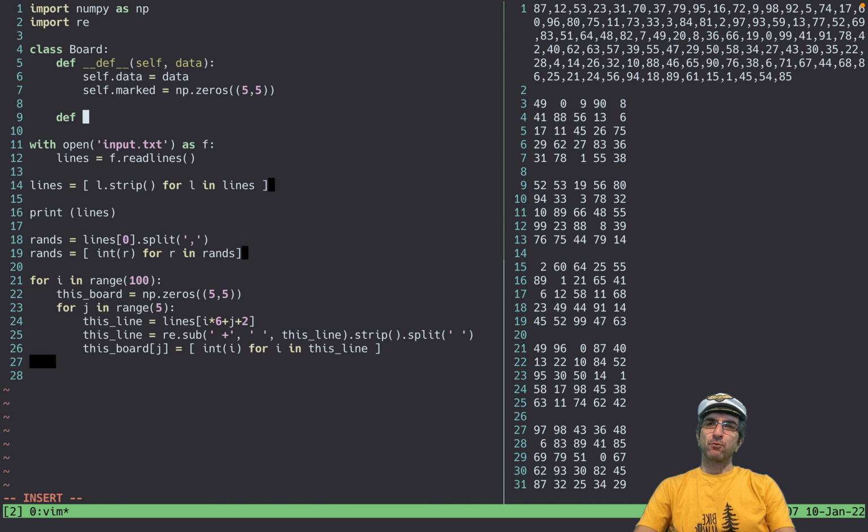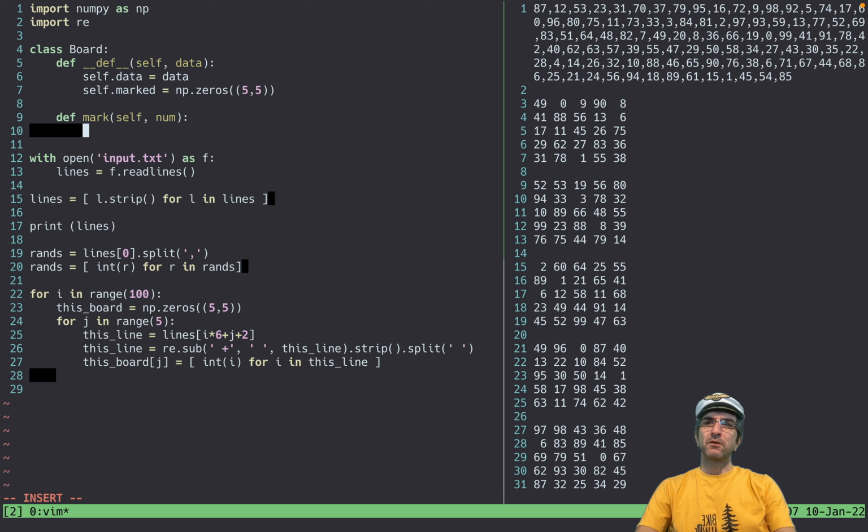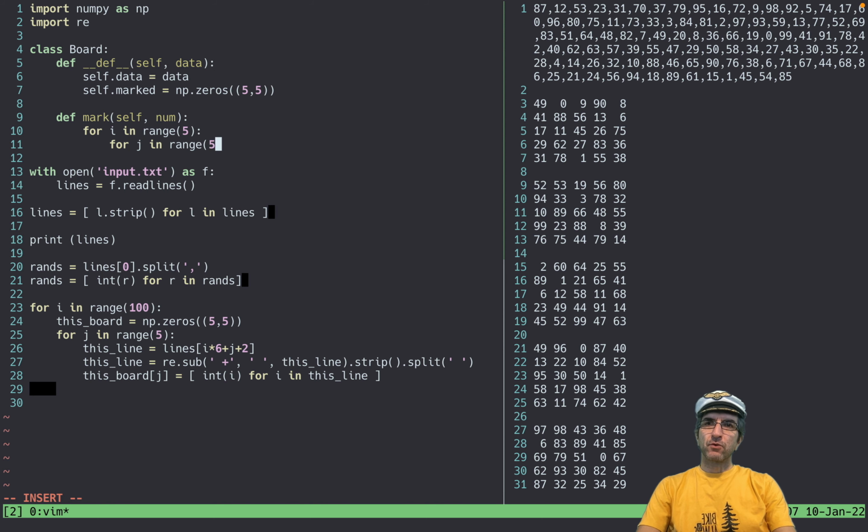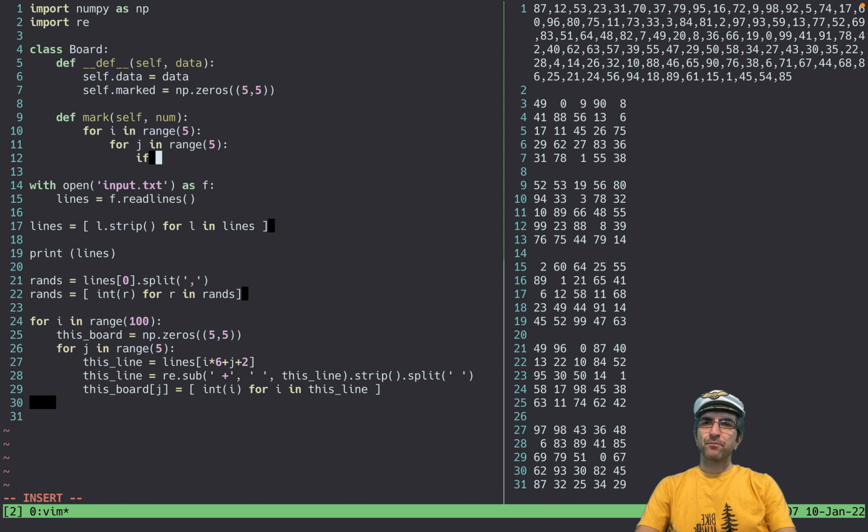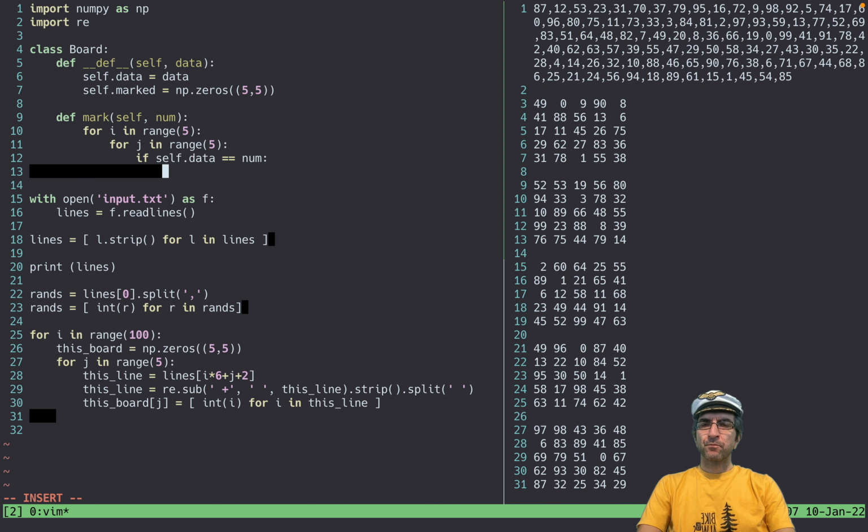Then you have different methods. For example, mark, always self. Then you say, okay, mark this number. You go through the whole data, for i in range 5, for j in range 5, if self.data equals number, change the self.marked i and j to 1.